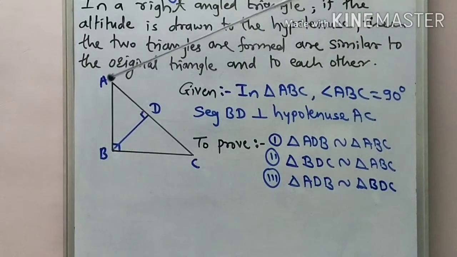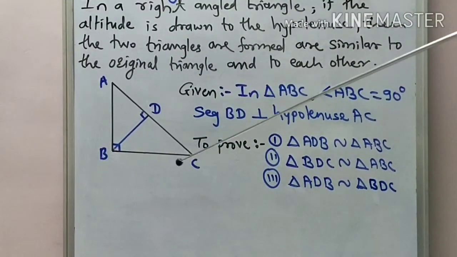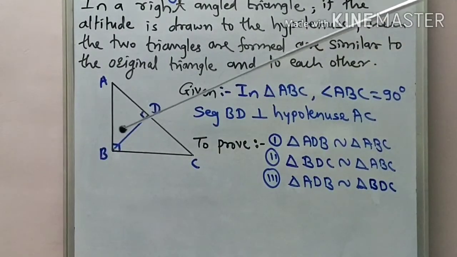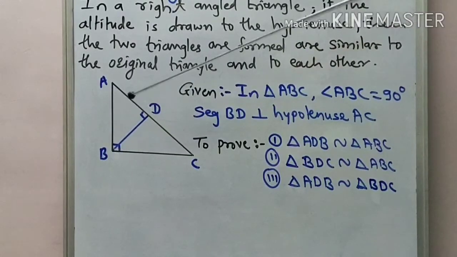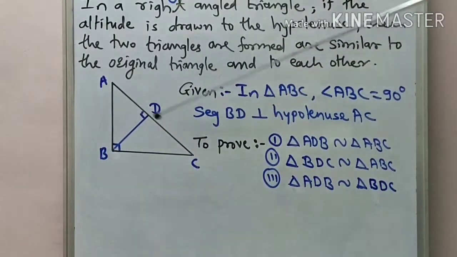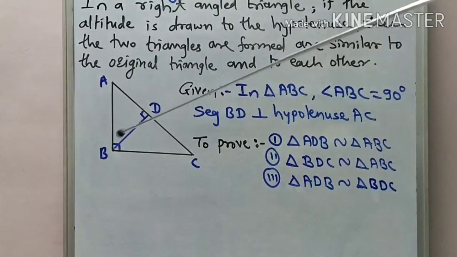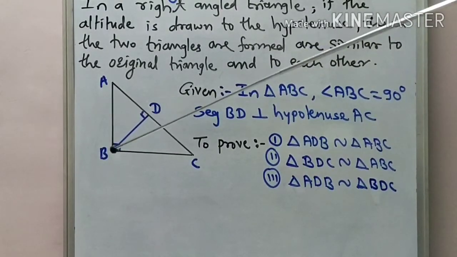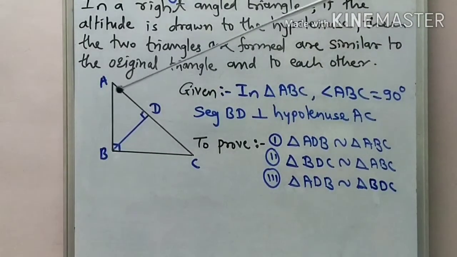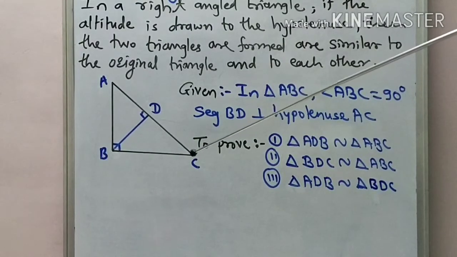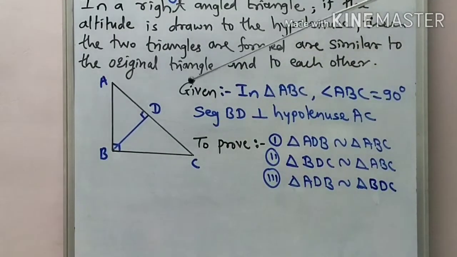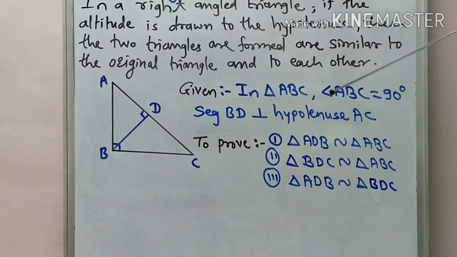So here we first draw this right angle triangle ABC, taking angle B as 90 degrees. Segment AC is the hypotenuse, and we draw the altitude on the hypotenuse, that is, segment BD perpendicular to hypotenuse AC, and that given part we write down. So in triangle ABC, angle ABC is 90 degrees, and segment BD, which is the altitude, means it is perpendicular